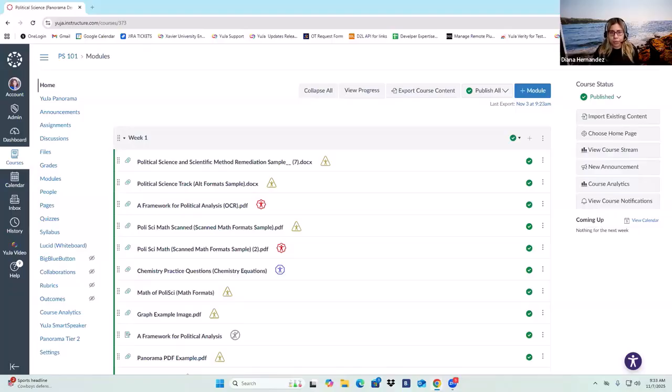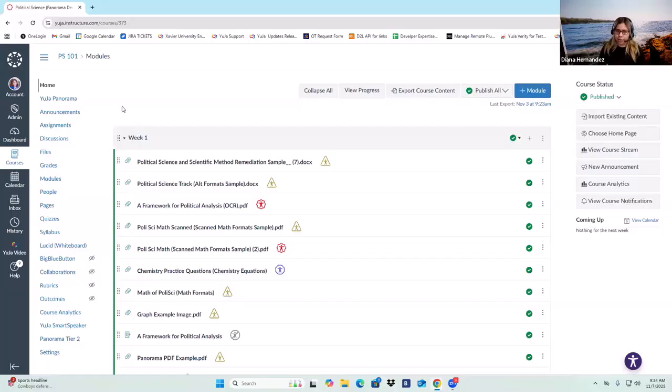Okay, so to give you more information, when Panorama is enabled in your course, you might notice a couple of icons showing up next to your files. It could be within your modules, in the file section, or even in your pages. What Panorama does is go in and scan Word documents, PDFs, HTML files like your pages, Excel files, and PowerPoint presentations.